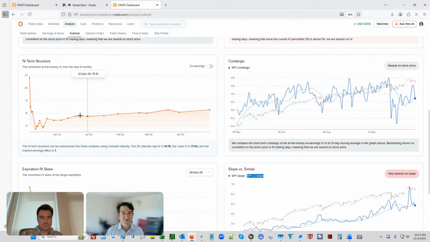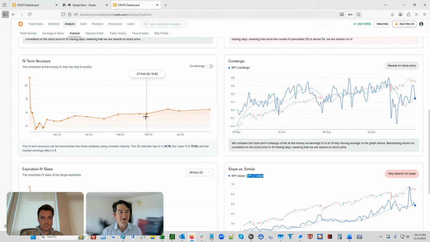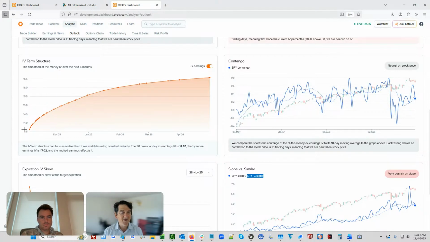But still, these are two different types of skews that demand different types of strategies. So since the term structure was off, you could see on the left side a very high volatility. That's the short-term backwardation that we're seeing, but a longer-term kind of contango. So this is a strange type of skew. If we were to draw a line through it, it would still be in contango. So if we're drawing a rational skew through all those points, which is what we're looking at,